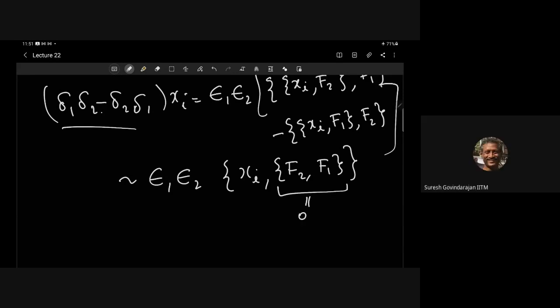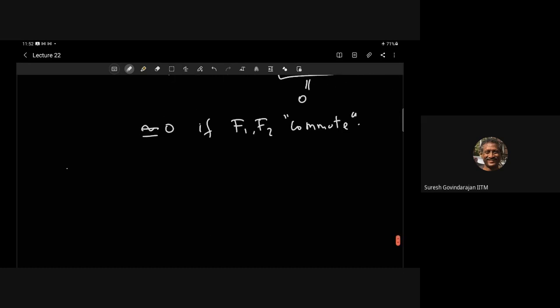The Poisson bracket is equal to 0. Okay, I'm using the word commute. The flows commute, actually. So this is the reason why in the Liouville-Arnold integrability criterion we require that these flows commute, and only after this, okay, this is important. So this is needed